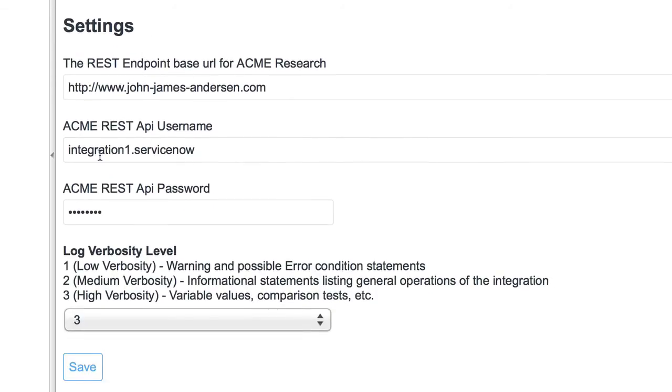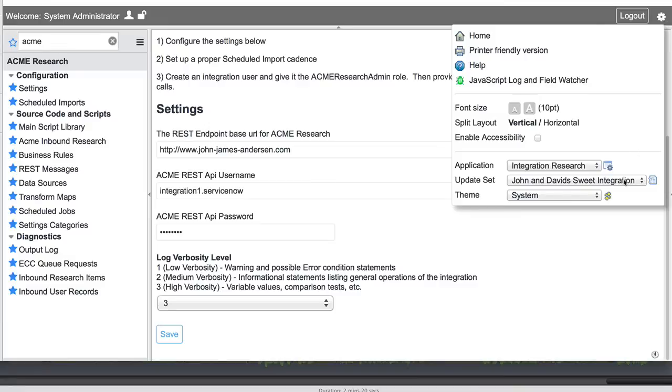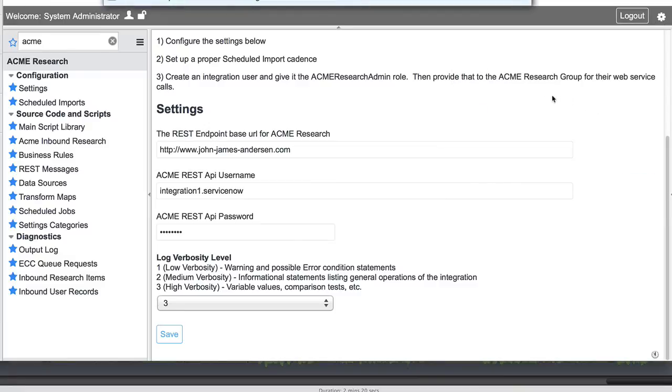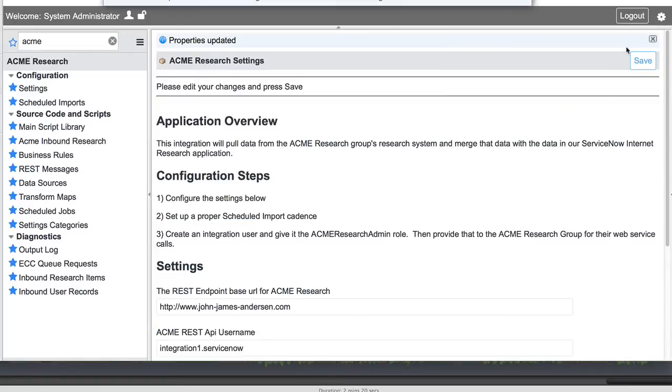Here's our REST endpoint and our API, and I'll turn off the update set, and we'll set the real password up here, and we'll hit save. Then we'll jump back, and we need to set our update set once again,